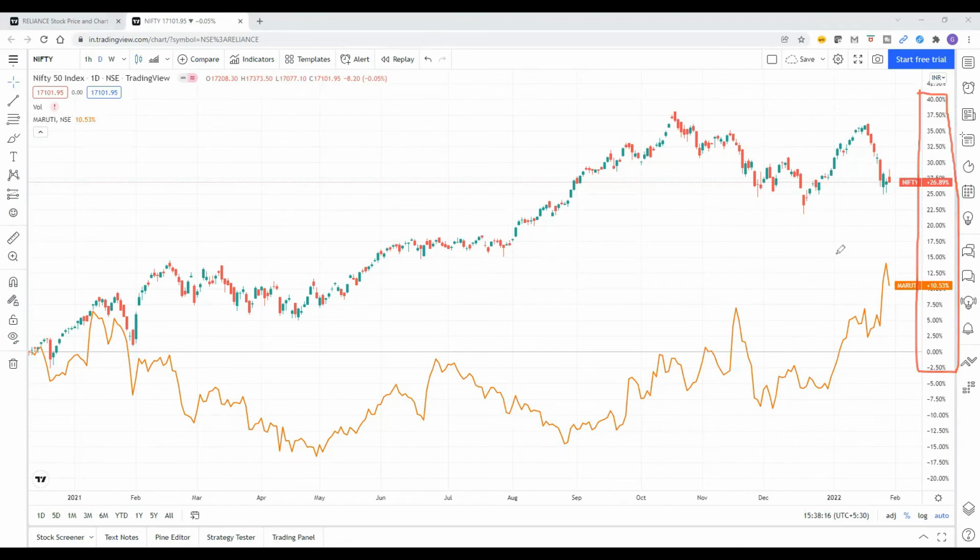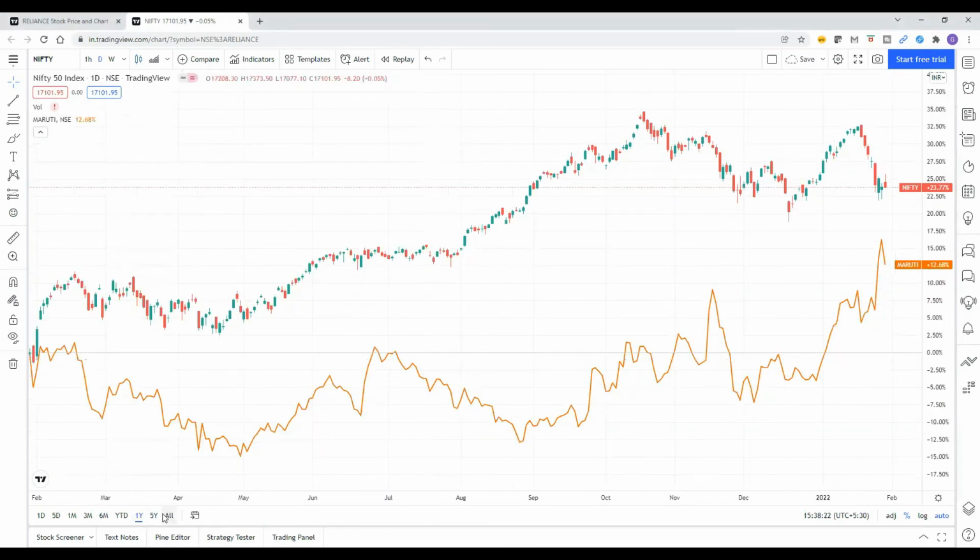Now this is in terms of percentile. Let's say I want to see in 1 year, like this is where I have selected 1 year. In the last 1 year, how does this stock perform over the Nifty index? This Nifty one is there, and yeah, this is how to choose.